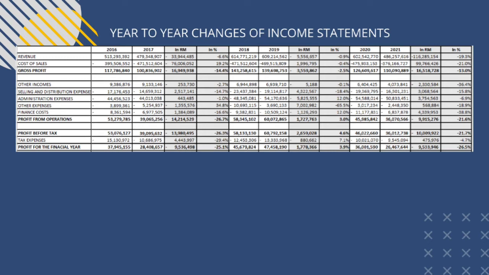So, profit for the financial year in year 2016 to 2017 shows a decreasing pattern, negative 25.1%, while for the year 2018 to 2019, a slight difference is seen, which is 3.9% due to positive profit made. But for the year 2020 to 2021, the profit made is decreasing, which led the profit for the financial year to decrease to negative